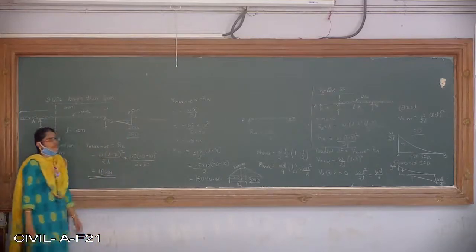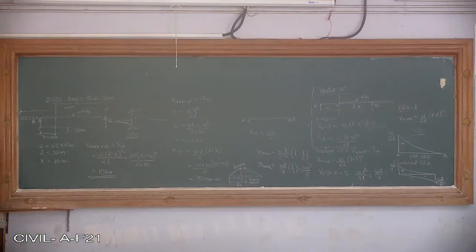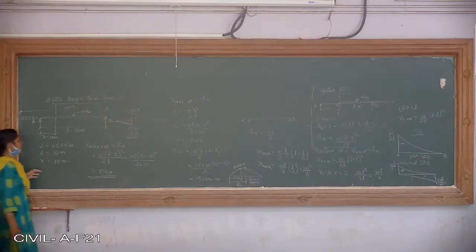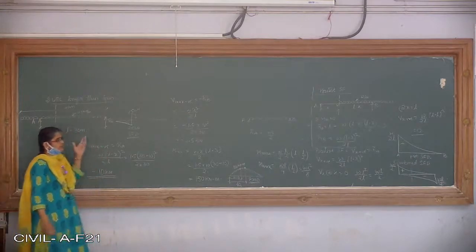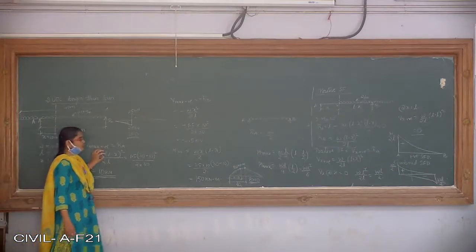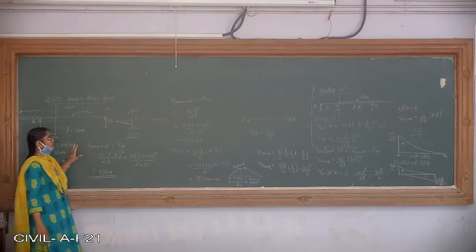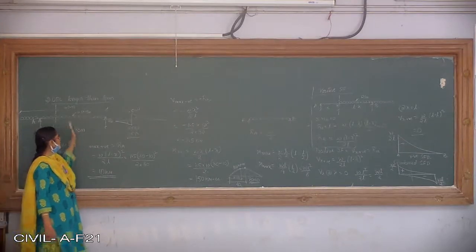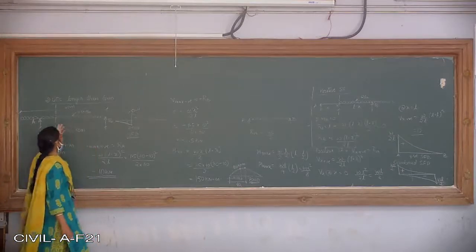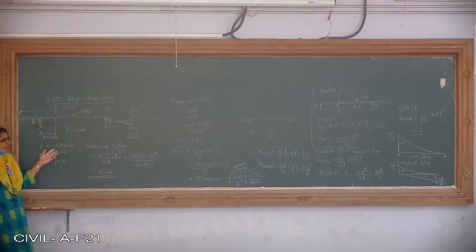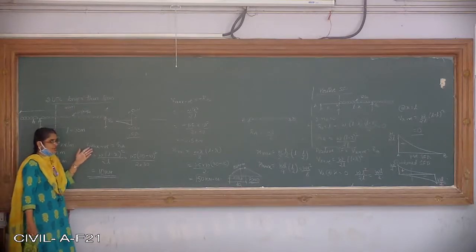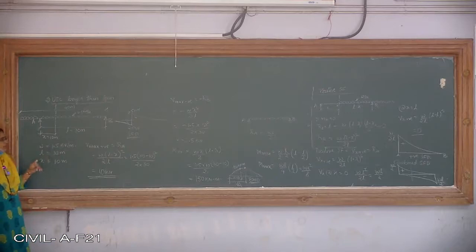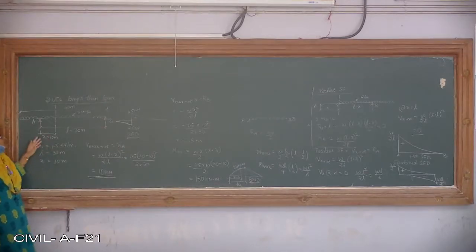So this is how you have to draw the SFD and BMD at any given location in case of rolling loads. Okay. Similarly, if you have to draw the influence line diagram, you will be considering the value of W as 1. Even in case of concentrated loads, if you substitute W as 1, you will get the influence line diagram, and then you have to calculate the ordinate at any one of the points wherever the section is given. Multiply that ordinate with the magnitude of the load, you will get the value of the shear force at that particular location. We will take up that in the next class after completing these cases.